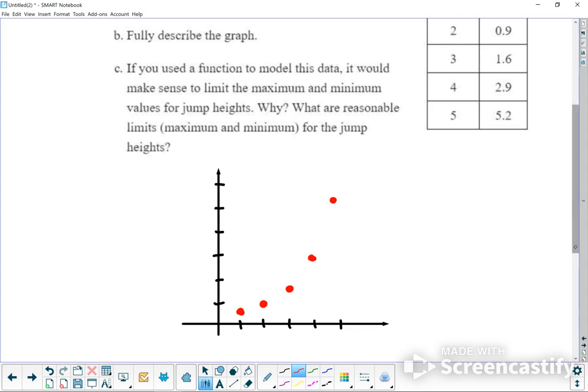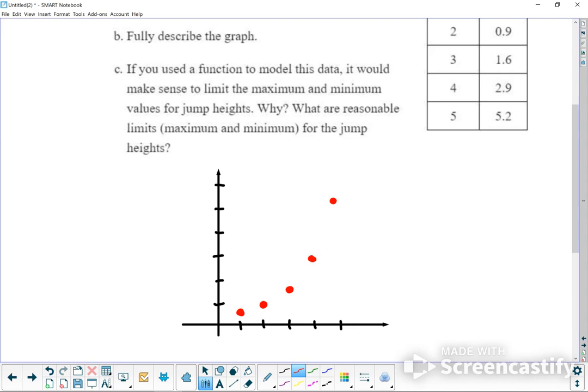Fully describe the graph. I mean, there's not much information. It's doing a slight curve up. Excuse that, everyone. If you use a function to model the data,